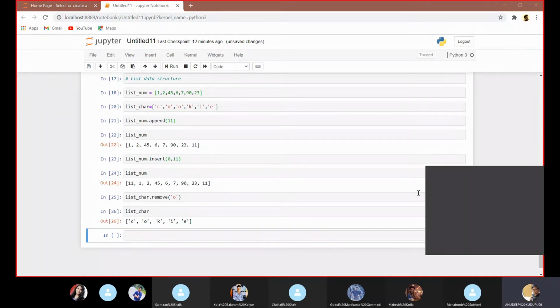Here we can see one row is eliminated from the list character. And if we want to remove a certain position by using the index number, we can remove that position from the list character.